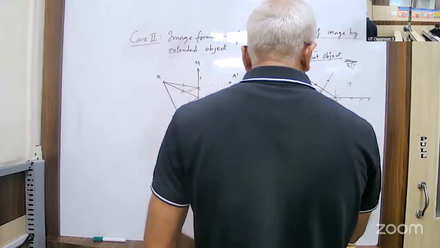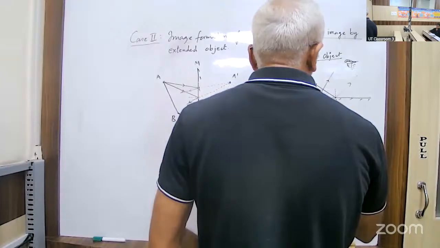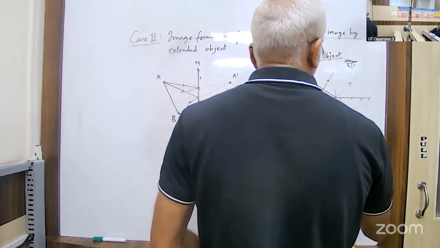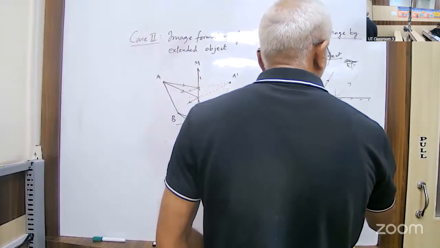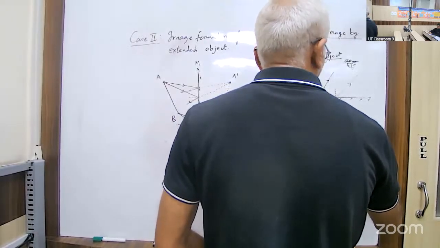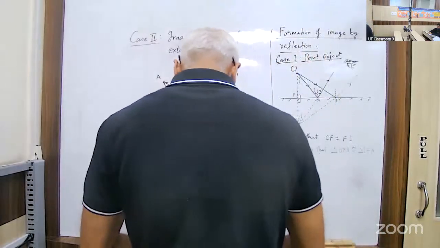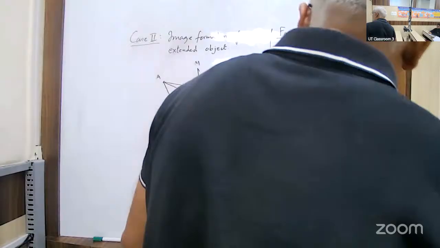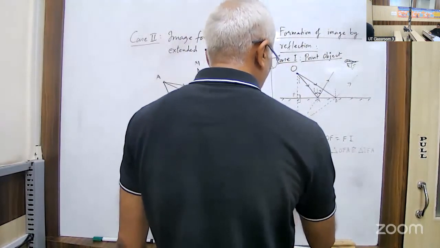Just show that triangle OFA is congruent to triangle IFA. So since